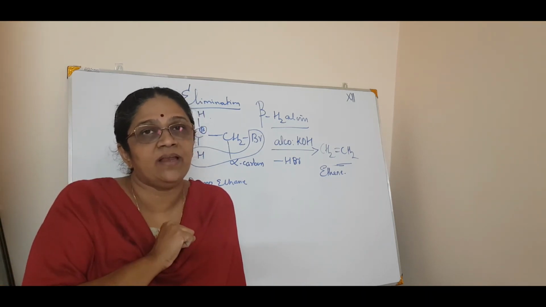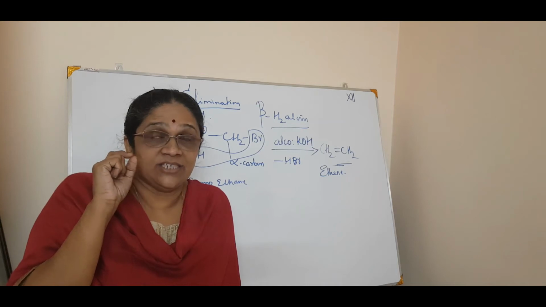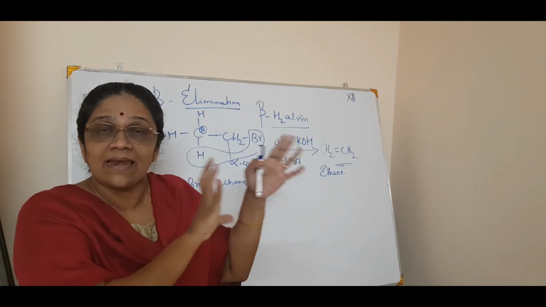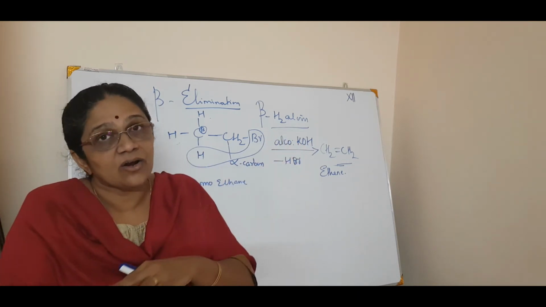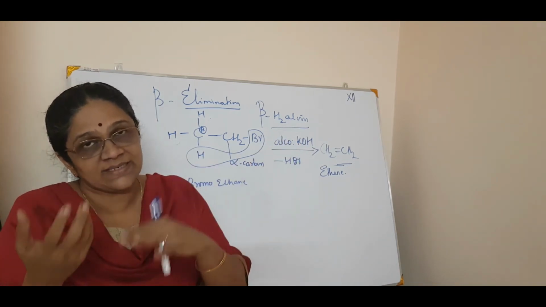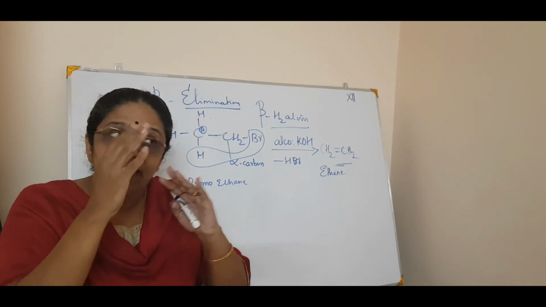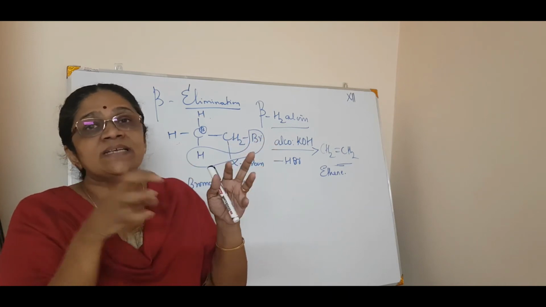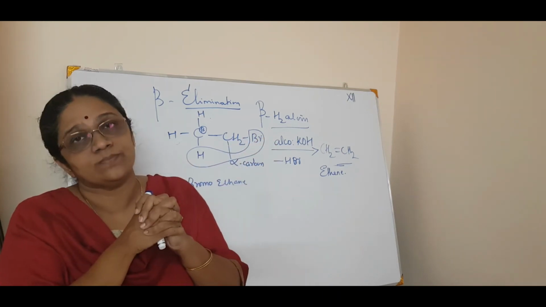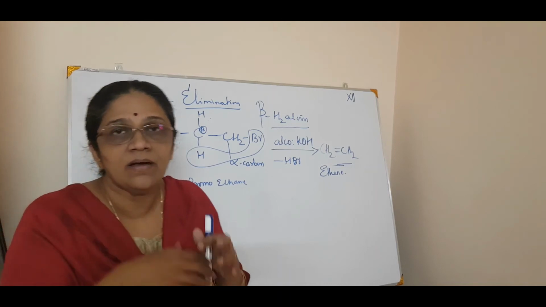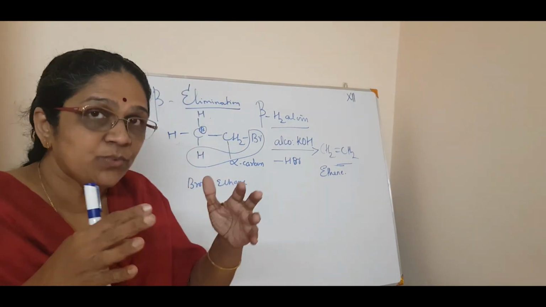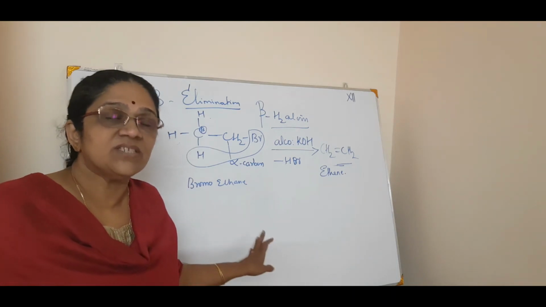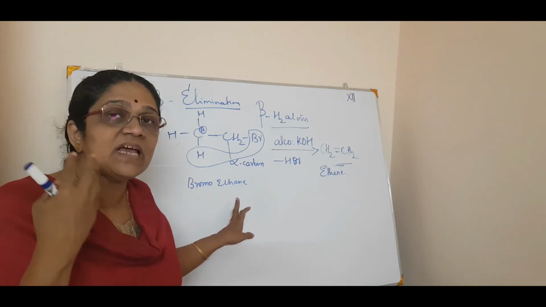But if you ask me about a secondary halide, the chances are 50-50. That means, depending on all other factors in the alkyl halide, it can undergo SN1, SN2 or elimination. So it depends upon all the rest of the factors, and then the reactant will decide which way to go. Just remember that possibility of competition between the substitution as well as the elimination reaction. This all happens; that is why chemistry always has exceptions.